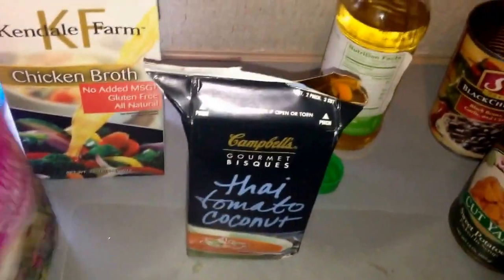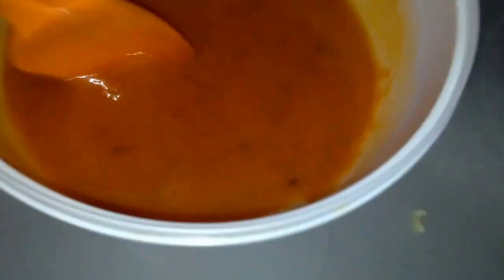This is probably like 2 big servings or 4 small servings, but I'm going to mix these together in a different container, so I'll be right back. Alright, there's the tomato soup, and you can tell it's kind of thick with the black beans and the yams that are kind of intense. I'm just going to cut this with the chicken broth. Hopefully there's enough room in my crock pot. Maybe I should have just stuck with my big crock pot. I just didn't know if I could store it. That, and then cut it with